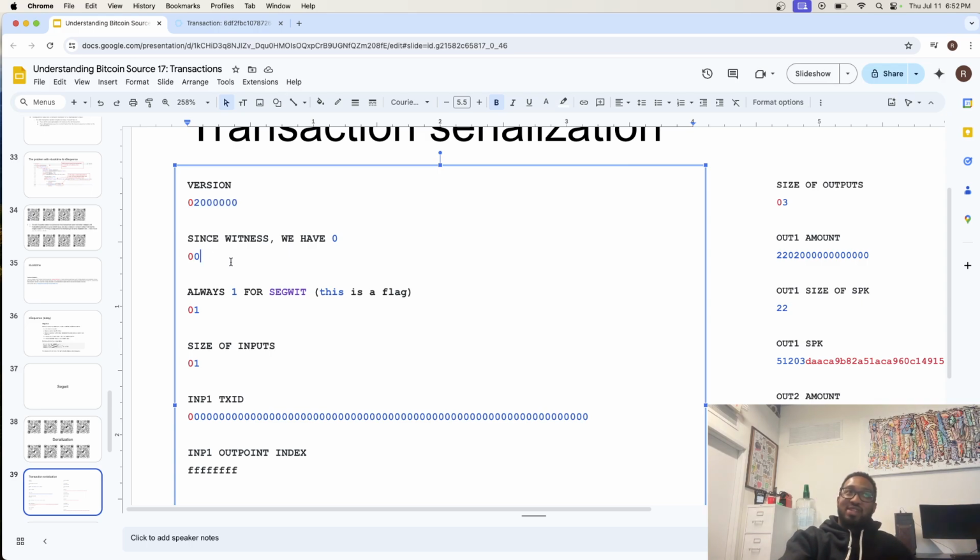So what they did instead is they said, let's try and trick old nodes and just say there's 0 inputs, so it's always gonna be invalid. And then you have this thing for the SegWit flag, and I could even show the code afterwards and we could look at it back and forth. So this is one of the small changes made to SegWit.